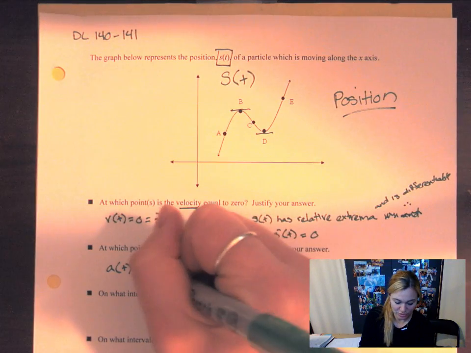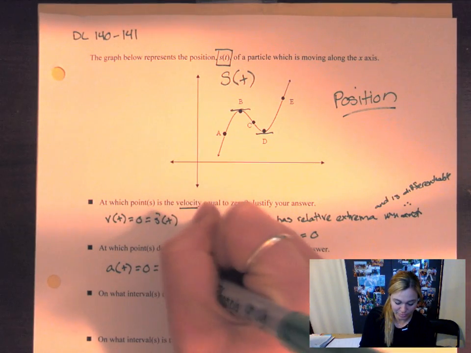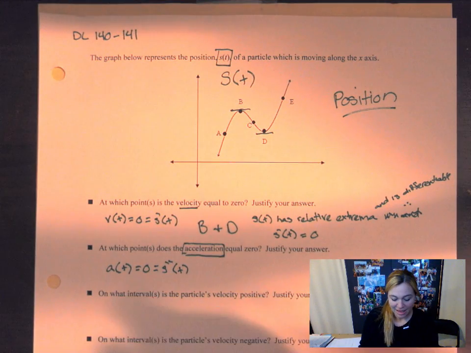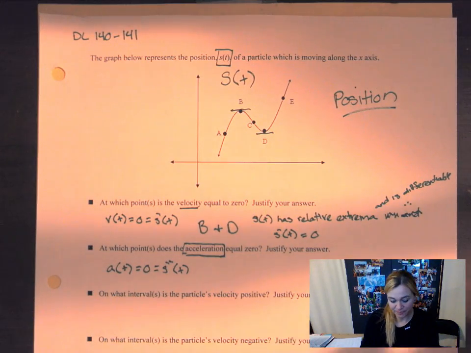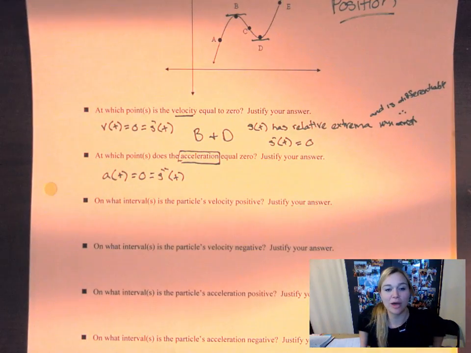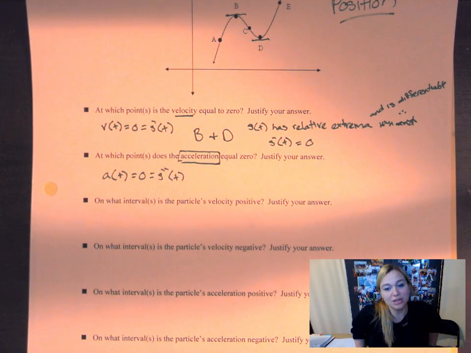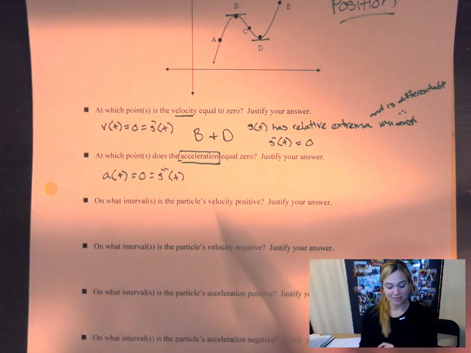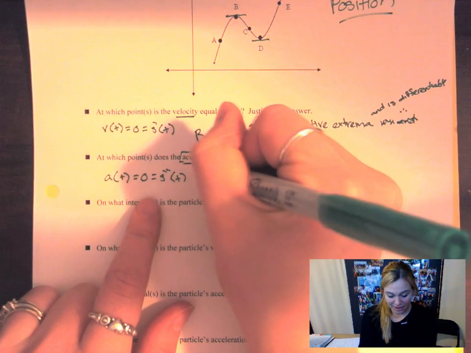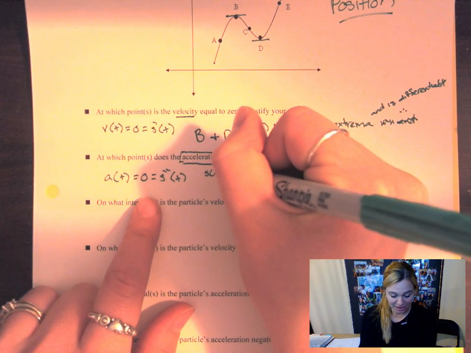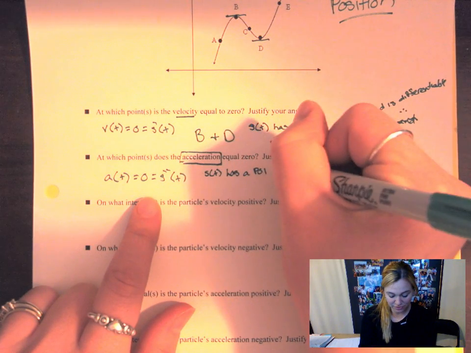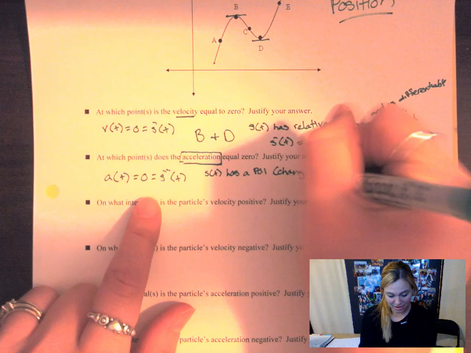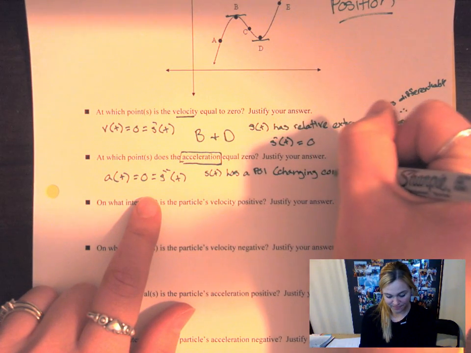So we have to go to the second derivative of position. If I want the second derivative to be equal to 0, second derivative is all about concavity for the original function, and points of inflection. So I need to look at the places where s of t is changing concavity, so has a point of inflection, and I can write changing concavity